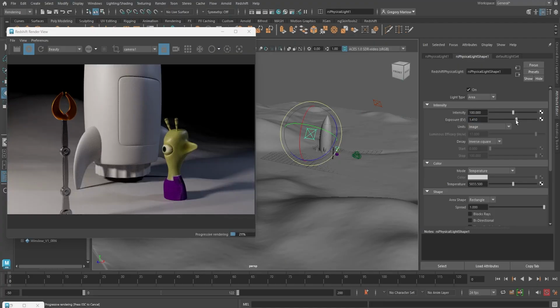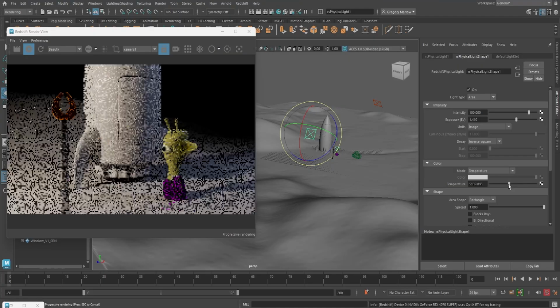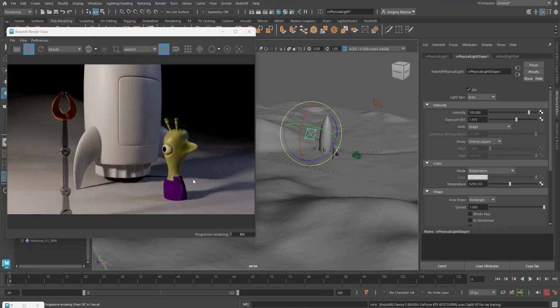I'm going to go ahead and pull down my exposure on this side a little bit. Maybe also turn up the heat on this side just a little bit. Yeah, and that's giving us a little bit of a bounce light over here. Maybe it's a little too much for what outer space is really like, but I think this is a pretty